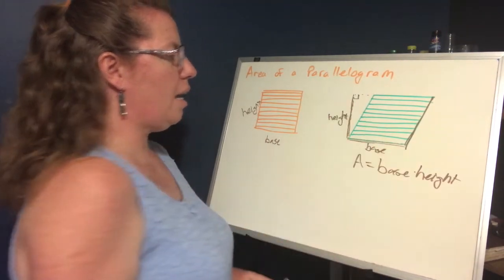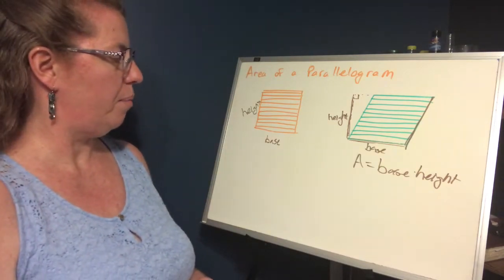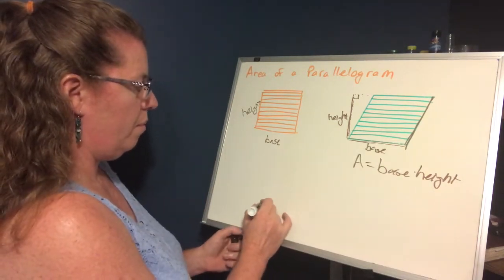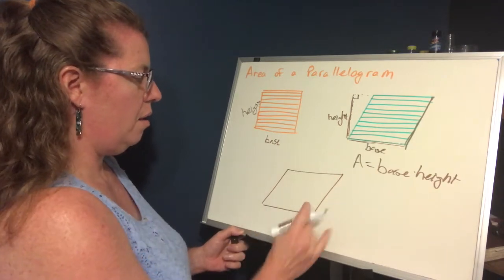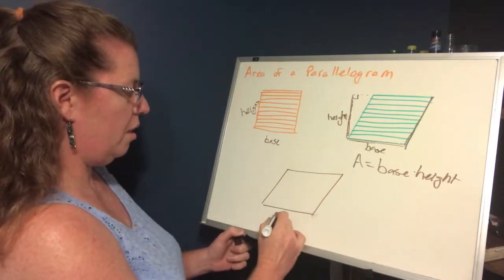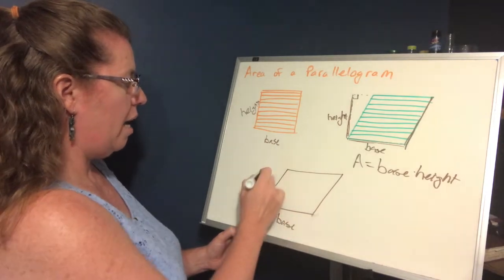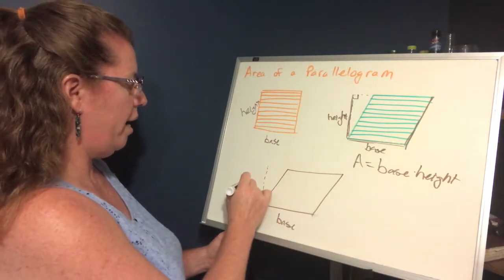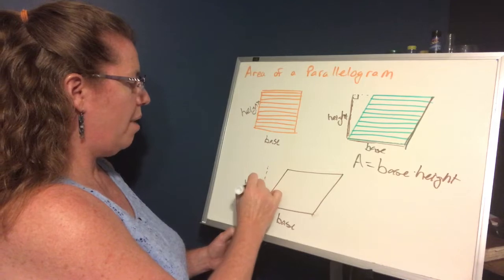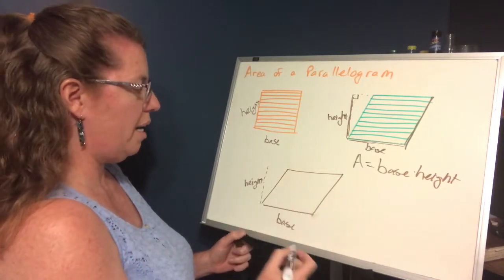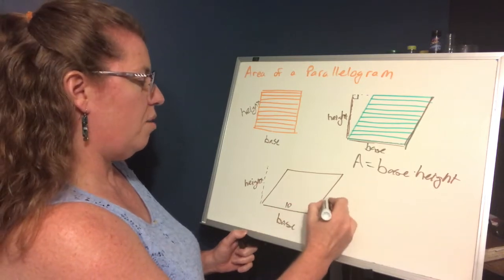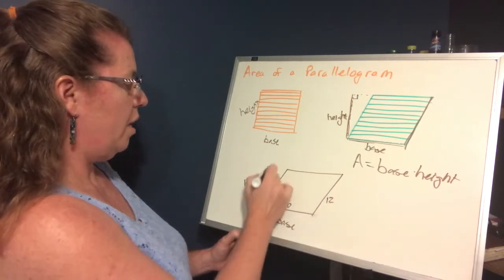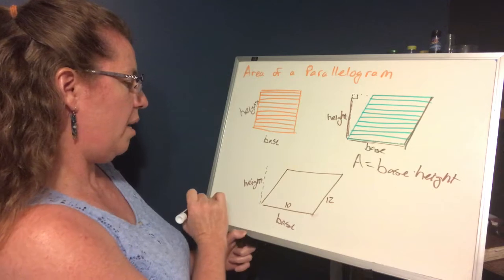So let's look at an example of a parallelogram. Most likely they're going to look like this. They're going to give you the base, and over here somewhere they're going to give you a height. But they may also give you this side here. So if they tell you, all right, this is 10, this over here is 12, and the height here, we'll go ahead and make it